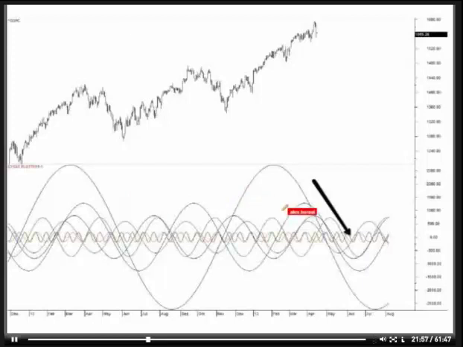And one point that I want to point out is right here, where I have this black arrow, is we've been seeing this coming for a few months since the beginning of the year, where there's this alignment of the major cycles, and they're all poised for a downward swing starting about at April, and they go through about early July, late June. So this is really interesting because just with the visual aspect, we can see that a lot of these cycles are going to start to be pulling to the downside, as we're going forward in the year in time.